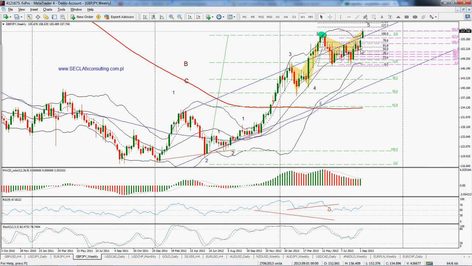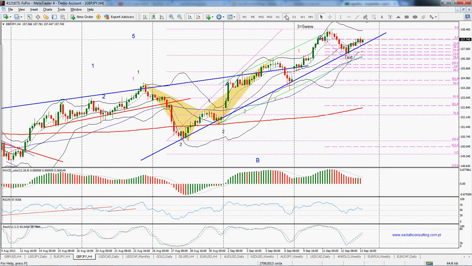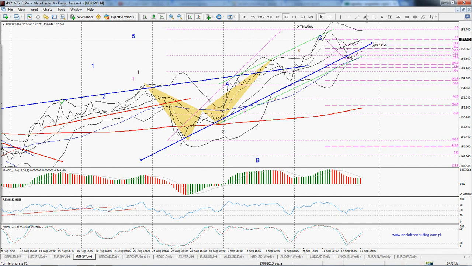For now, I think we should still have at least one good long trade setup for the next week. That will be in harmony with this weekly candle, but we shouldn't forget about this pattern. And as I said, I will prepare an additional video regarding those harmonic patterns and how to trade them, because I will be looking for a nice support line which will be broken on the daily or on the 4 hour chart. And this is one of those support lines which hasn't been broken yet,